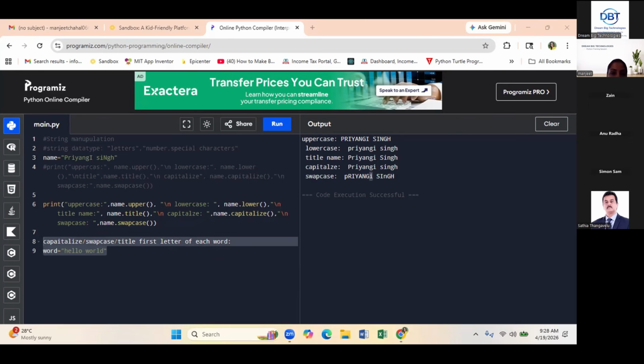String manipulation, typecasting, variables and rules, comments, then print statements. We have completed almost all these things. In next class, the string manipulation is going to be finished and we will start with the operators and data types also. So this is everything you should remember. Orally, I'm going to ask everything, and a little bit level up, not like a baby's.